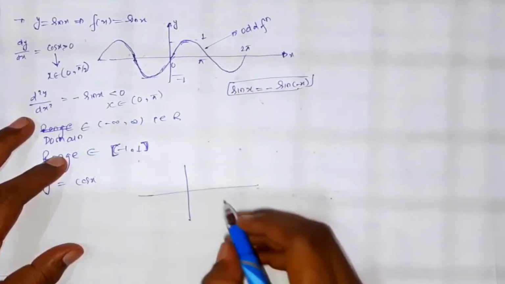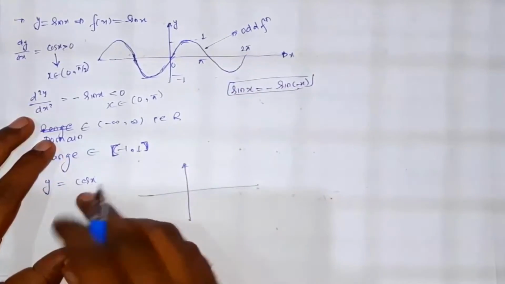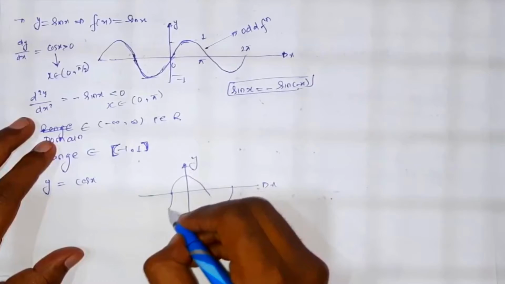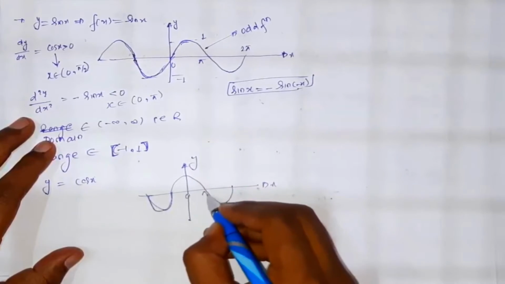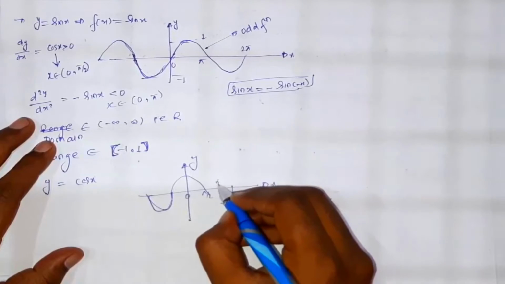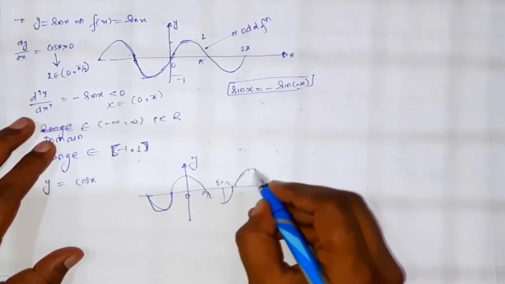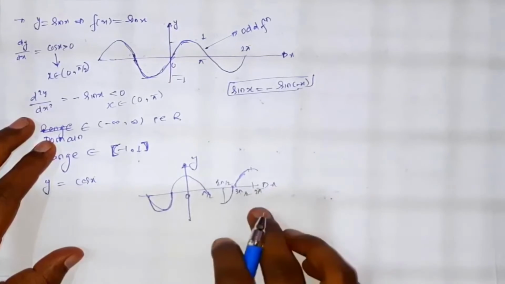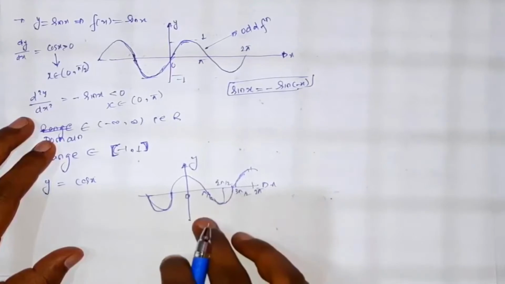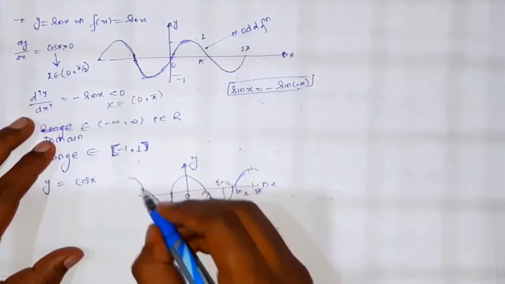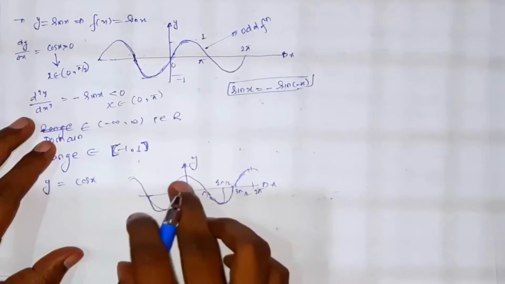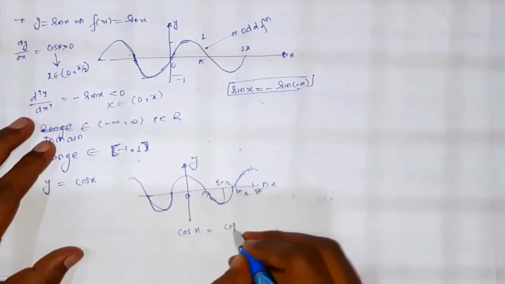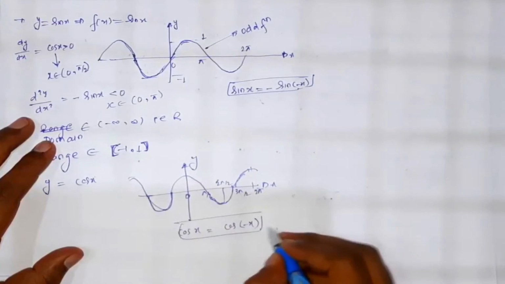So again, as far as this y equals cos of x is concerned, we will simply draw the graph of this like this. This is 0, pi by 2, this is 2 pi by 2, this is pi, this is 3 pi by 2, this is 4 pi by 2, which is 2 pi. Okay. I hope it is clear. So if you see the graph of this function and observe this, then this is looking like an even function because this is symmetric about the y-axis. So cos of x equals cos of minus x. This is even function.